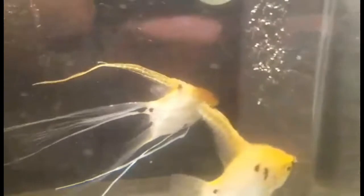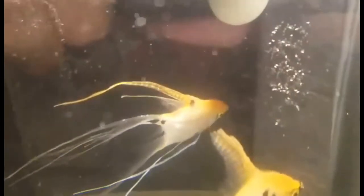So a few months later, I thought, okay, I need to try this another way. I don't want to go out to my garage anymore. I was still getting fungus on eggs. What are you gonna do? They were working. This particular pair was putting down eggs every 2 weeks. So